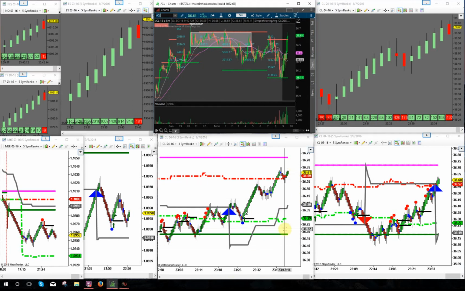hopefully we can see a stronger break and then a retracement. If this area holds, it could turn back around and just come back into this area again, so nothing to do at that point. So we're gonna pause the video and let's see if we got one more trade in